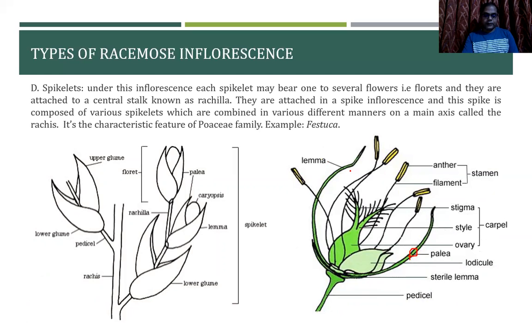And then we have got the different styles. Then we have got the ovary. This is the ovary here. Now the ovary is feathered here. The presence of the feathered stigma is one of the important characteristics of the Poaceae family. On the ovary we have the style and the stigma. The stigma is feathery in nature. And then we have got the anthers or the stamens, that is the formation of anther and the filament. The anthers here are dithecous in nature.